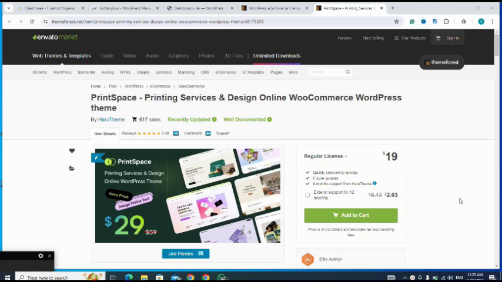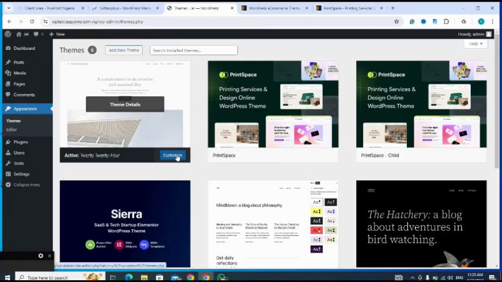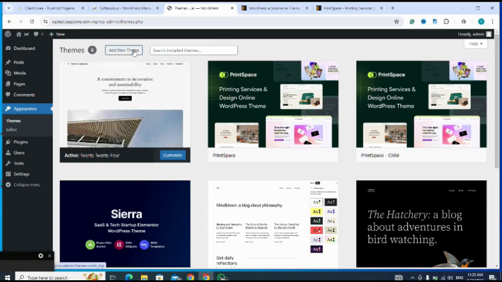After purchasing the theme, you go straight to our dashboard. Then from there, I go to my appearance. This is the default theme that is there, that's why it is written customize. So next, because I want to install a new theme that I got, I'm going to click on add new theme,